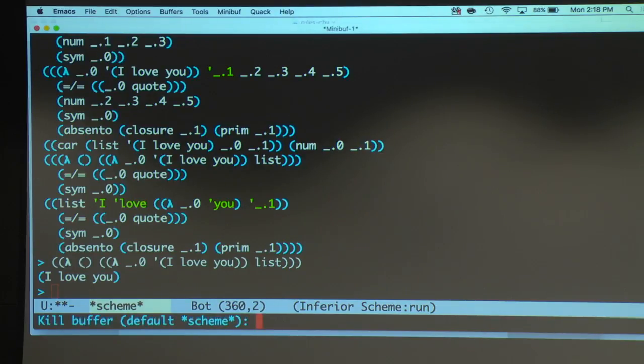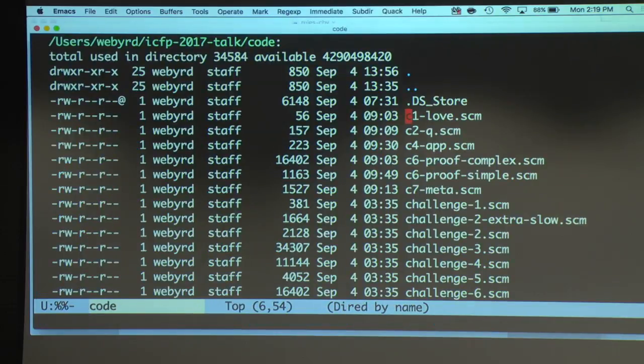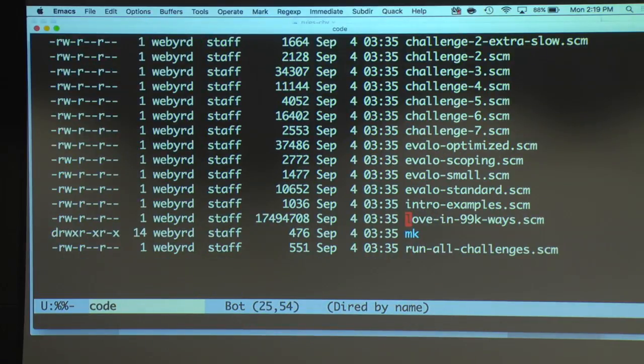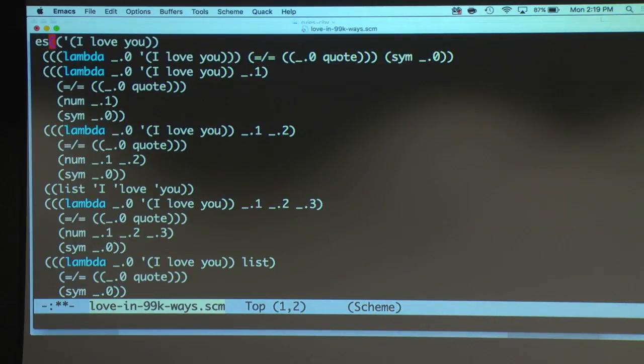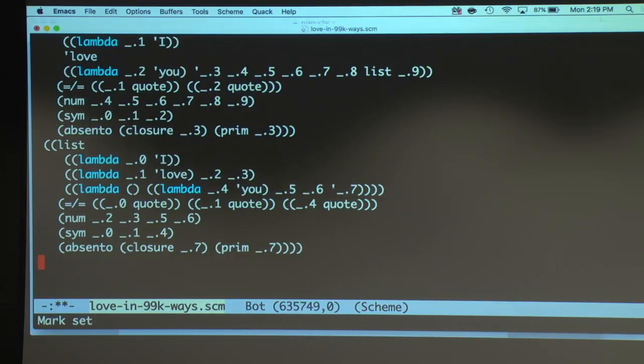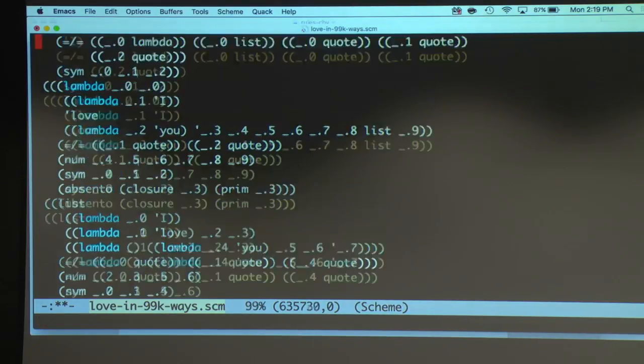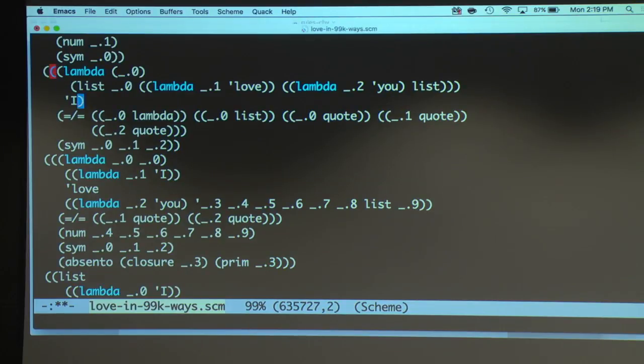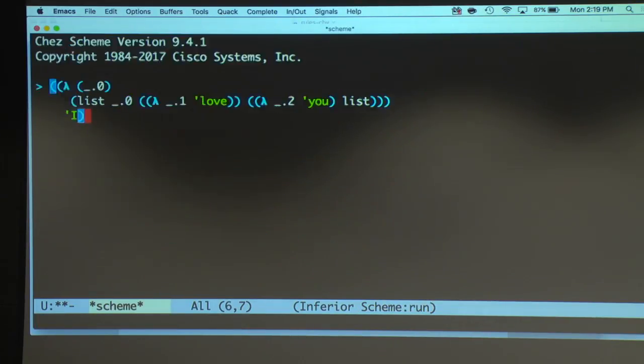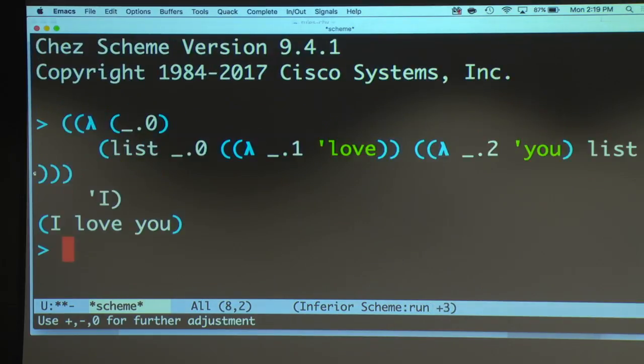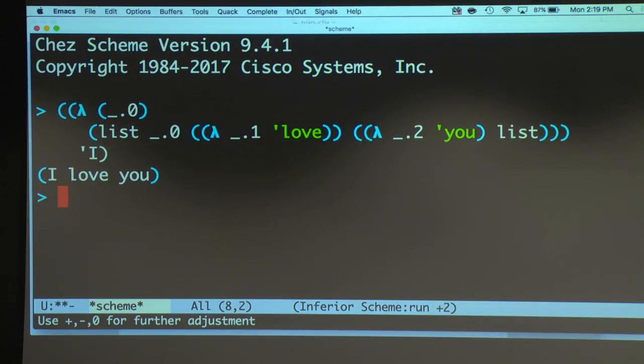All right, so that's I love you. And in fact, you can do 99,000. Yeah, actually, so I do have 99,000 here. Yeah, I've got more than that. I've got millions of them. But so here's actually a fun one. Yeah, I kind of like this one, I think. Let's run that one. Yeah. So, what's fun is once it gets complicated enough, you'll be like, no, that's not right. And then you're like, oh, actually it is right.